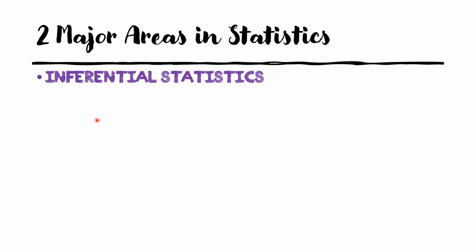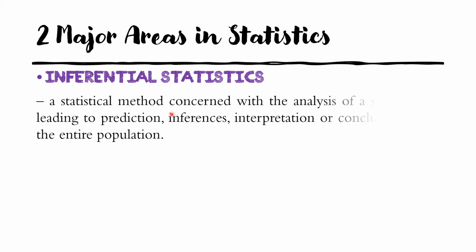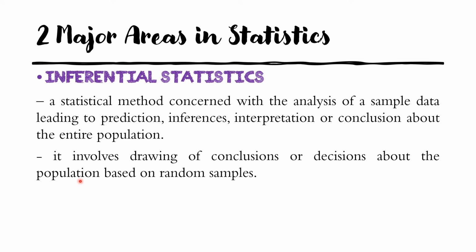The next major area is inferential statistics. So it is just a method concerned with the analysis. So you are just analyzing the sample data leading to or that will result to the prediction, inferences, interpretation, or conclusion. So these four are just the same. They are synonymous. So about the entire population. So when you analyze the data, you will lead to this, for example. And of course, it also involves drawing of conclusions or decisions about the population